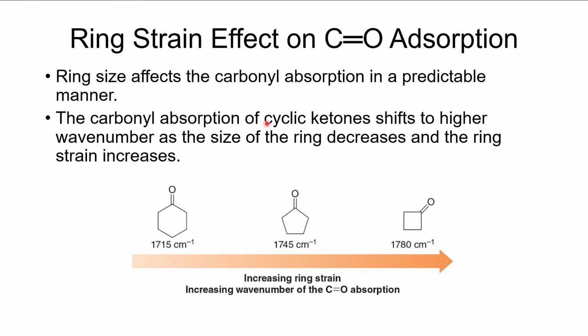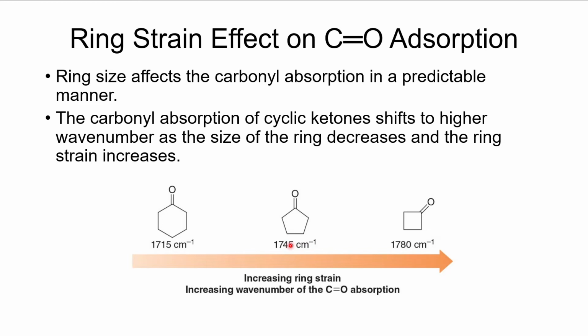And that's because that bond is a little bit stronger when we have greater ring strain. So our carbon-oxygen bond in cyclopentanone is somewhat higher than in cyclohexanone. Cyclohexanone, there's very little ring strain involved here. So it's at about 1715, your typical ketone. But for the cyclopentanone, we end up at about 1745. You'll see that the ring strain has caused the wave number to go up by about 30 reciprocal centimeters. That's a pretty significant